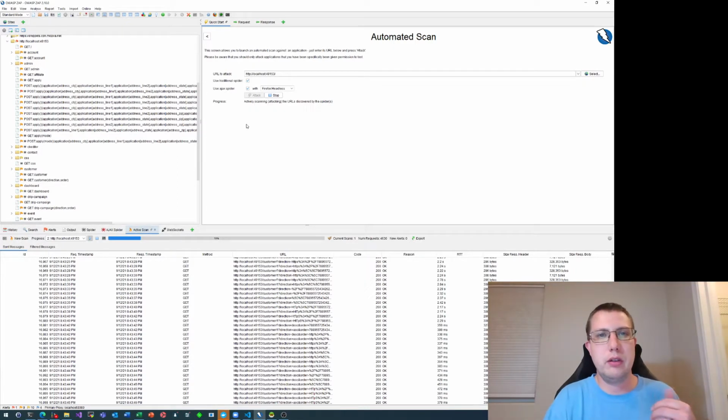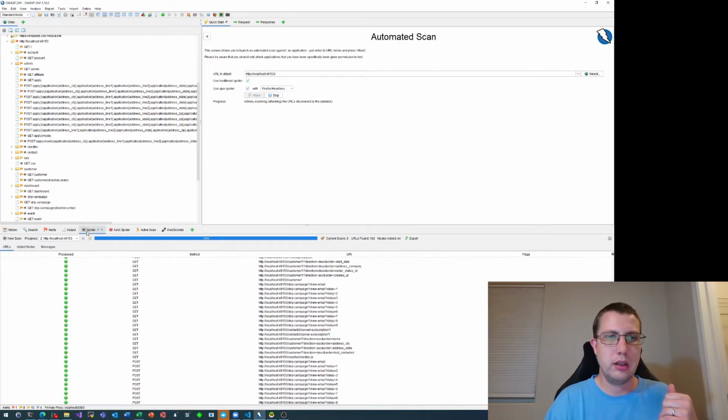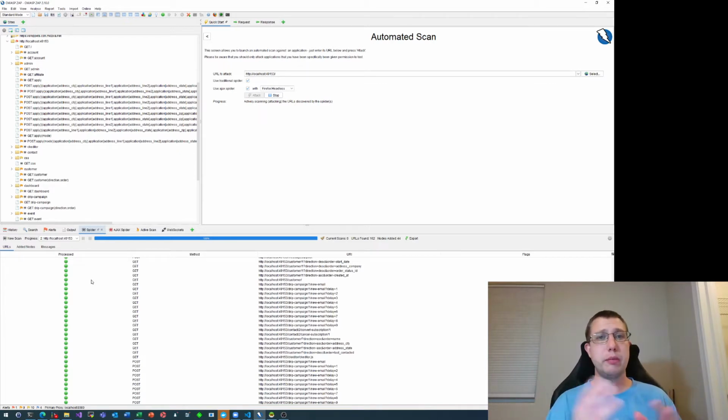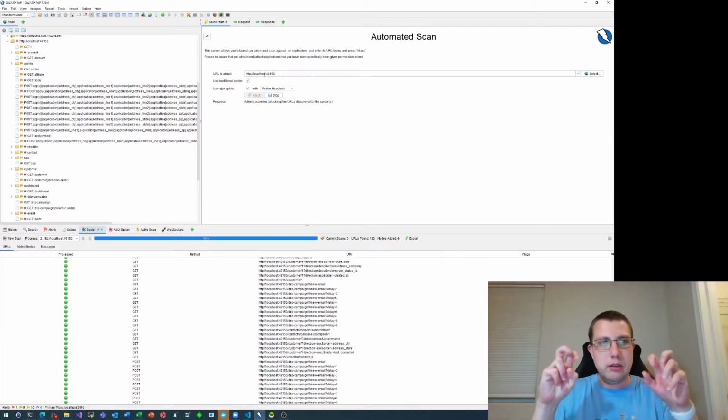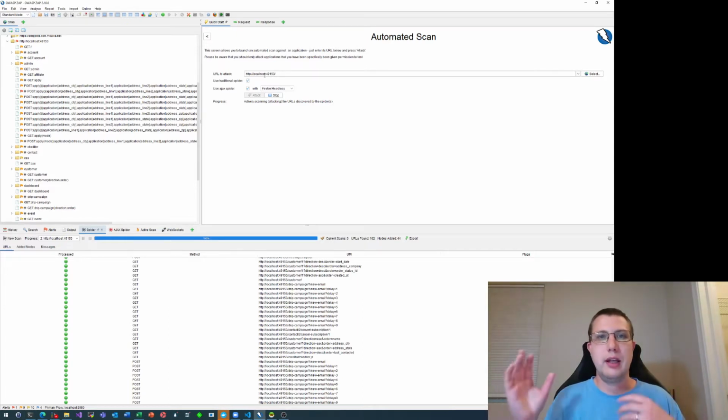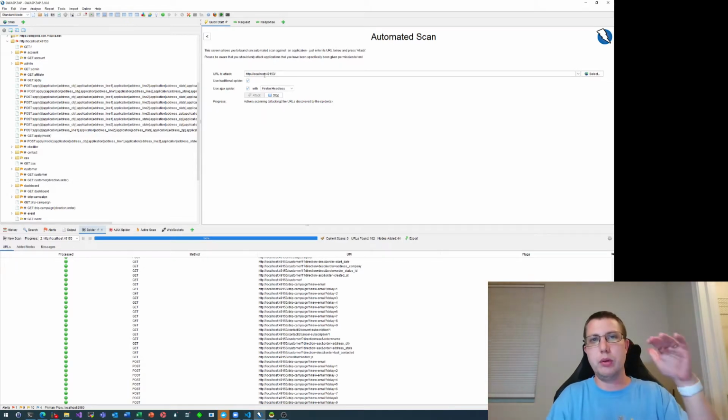Now, what that starts doing is first, it runs the traditional Spider, or you might know the term crawler, a similar sort of thing that search engines use to discover the web pages on your website or web app. So it starts with the URL to attack that you've provided, and it basically clicks. It's a headless browser, so it clicks all of the links that it finds, adds those URLs to its list of known URLs, and continues to do that until it